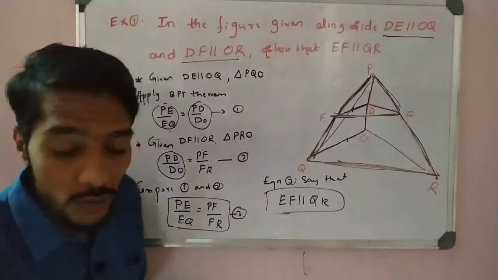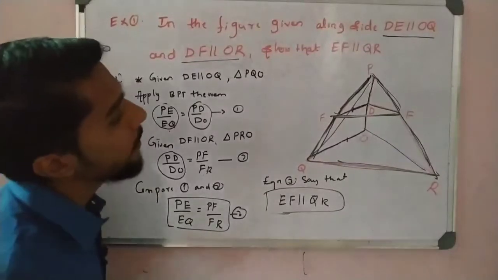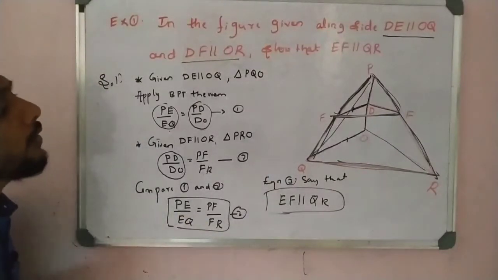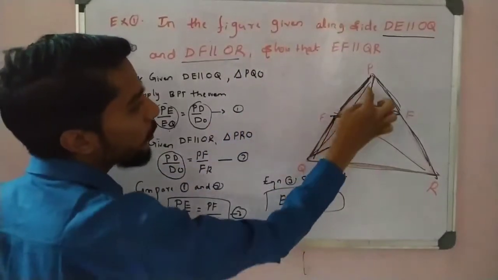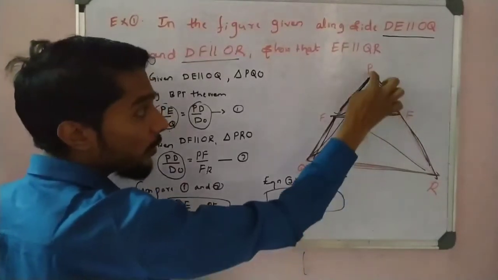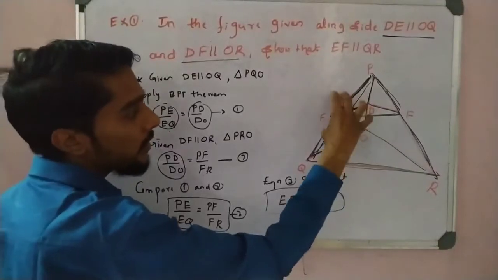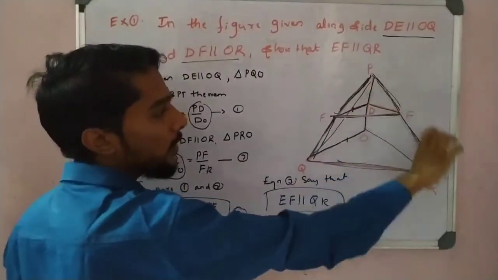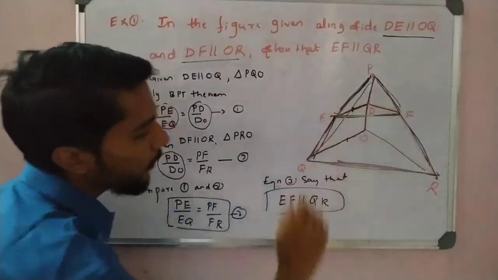Hope you understand this solution, right? This is a very important solution from the NCERT exercise, so please write it down. Simple. First take DE and DF, so we get this triangle, and then this triangle, and in both triangles we observe that this side is common. This common side makes this equal to this, so we get the whole triangle PQR. So EF is parallel to QR.